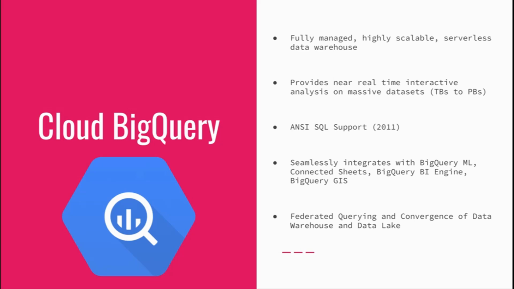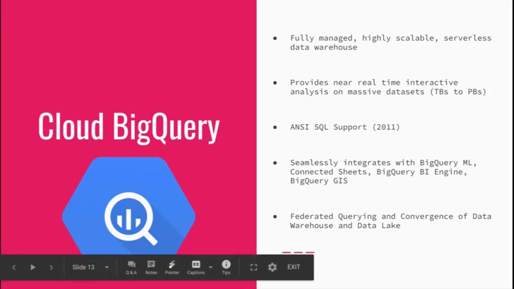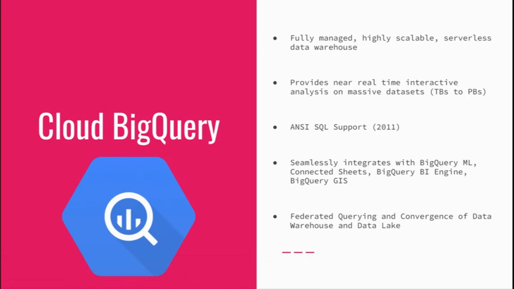It also supports federated querying. When I say federated querying, you can connect your data in Cloud SQL, in Cloud Spanner, into BigQuery. You can join tables and everything. It also supports multi cloud querying, right? So when I say multi cloud, there's BigQuery Omni, where if your data is in S3, you can also use BigQuery Omni to query the data. But again, that's still in the beta phase, right? So it is pretty good for your data warehouse workload. It's pretty good for your predictive analytics.